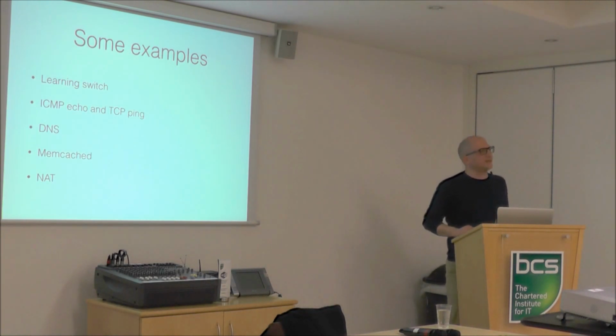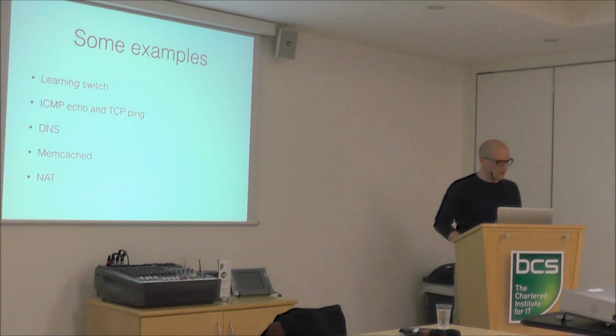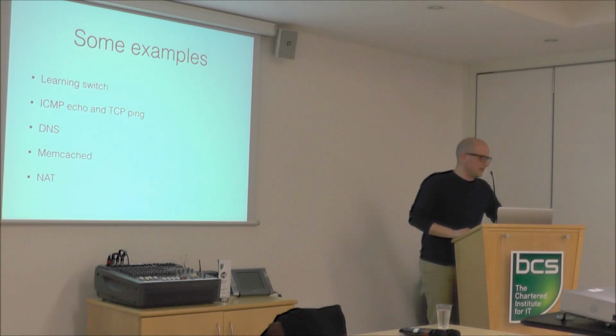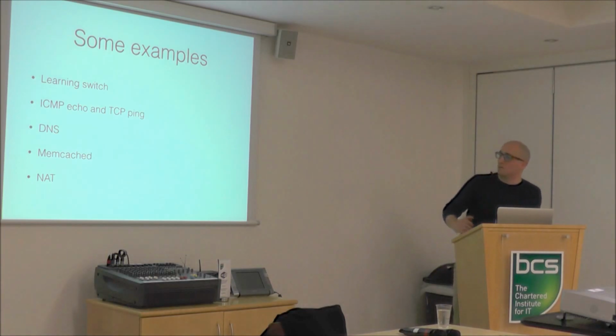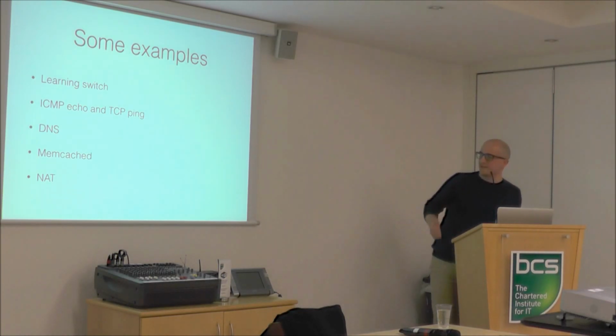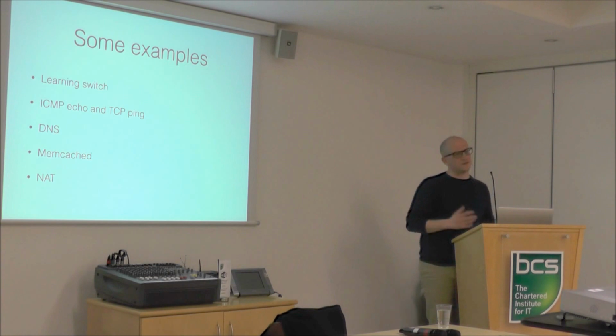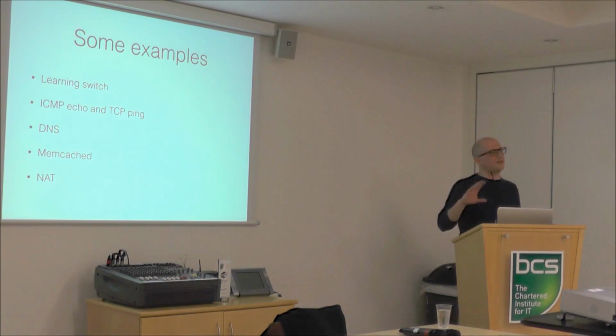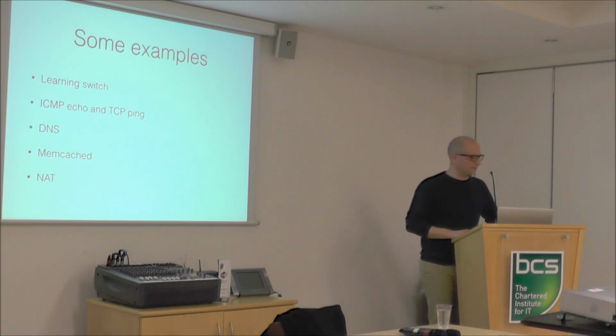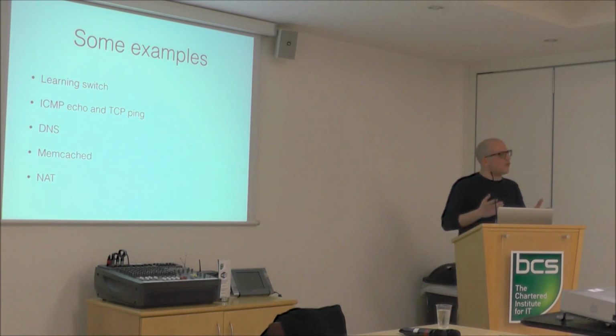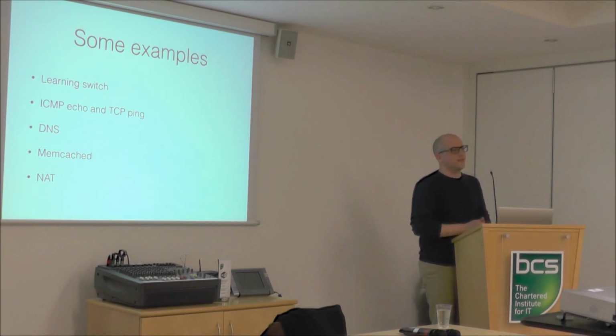We tried this out by building several examples of code. One of them is a learning switch, and the bigger developments were the DNS server and a memcached server. For those of you not familiar with memcached, it's an in-memory key value store. It's like a form of NoSQL database, and also a network address translation element. So we went about measuring these artifacts against